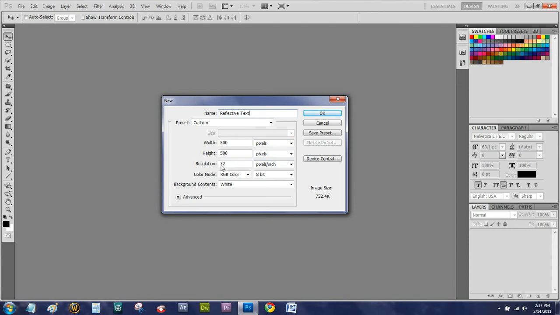We're keeping it at 72 dots per inch, or resolution, in other words, because we're just creating this for web, for the video you guys will be watching on YouTube. If I were creating this for print, I would change this to 300 pixels per inch, or dots per inch, as they say in the industry, and I would change the color mode to CMYK. But since we're doing it for web, just think of it, web